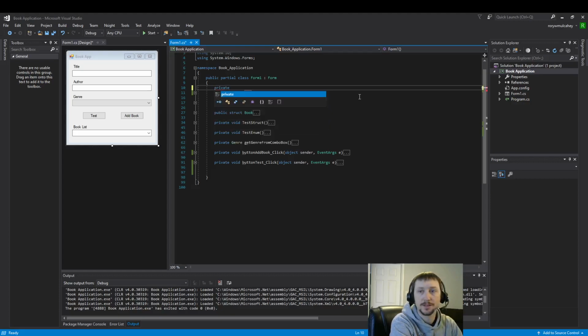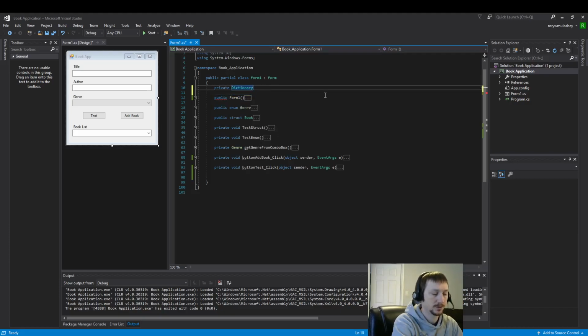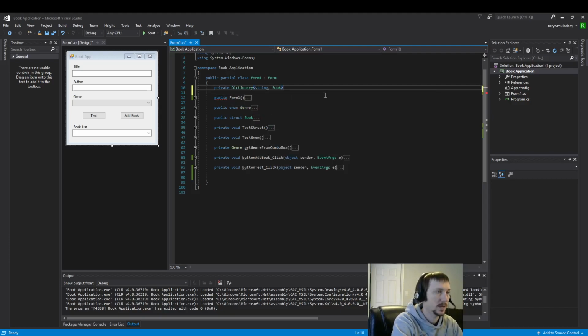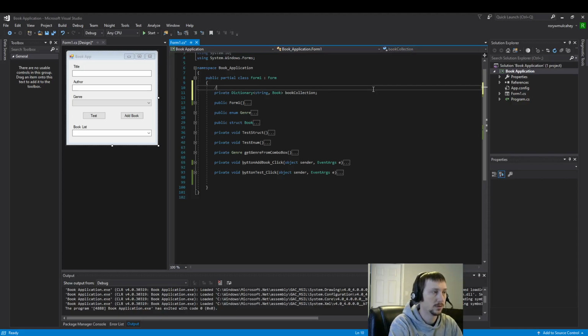We're going to make this variable a private dictionary, so it's only accessible within this class. And we're going to call this book collection. So a couple things I'd like to say about dictionaries. First, let's go over the